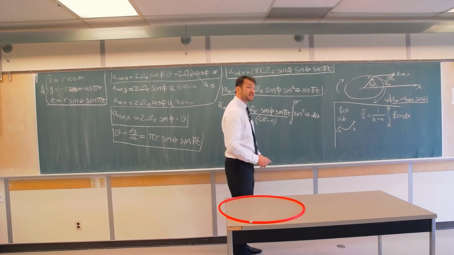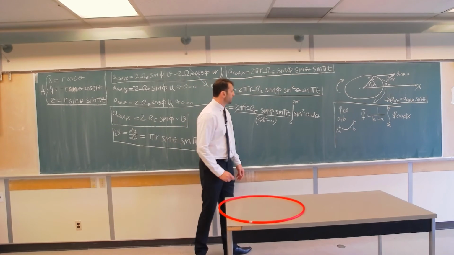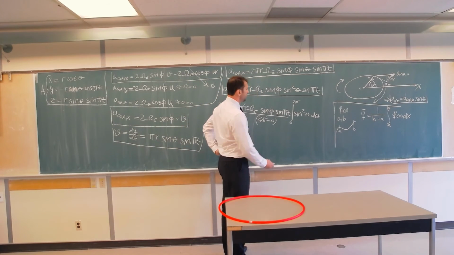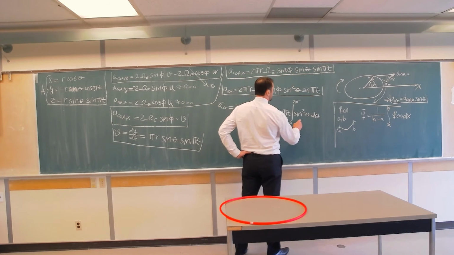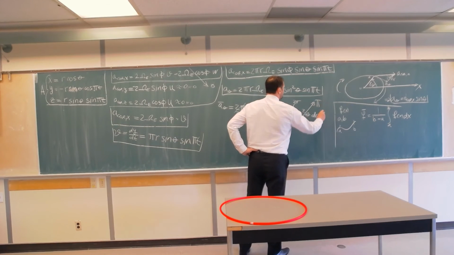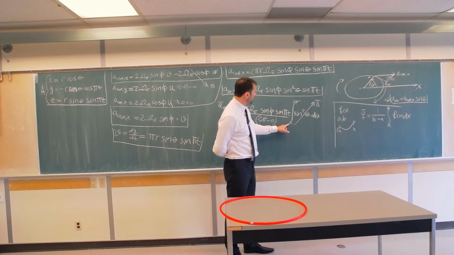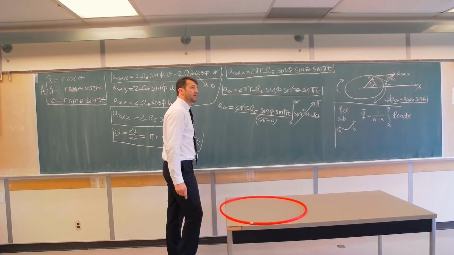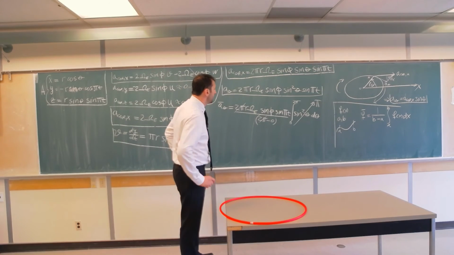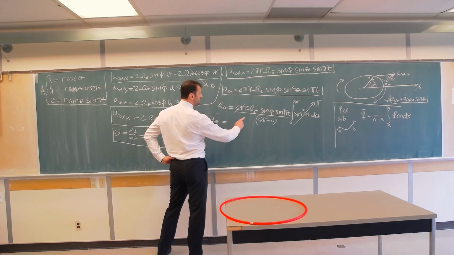And in a separate video, I didn't want to do it in this video, as it would be too long, I will demonstrate how to solve this integral, which is not so difficult, that this integral is equal to pi. So the integral of sine squared theta d theta in the limits between 0 and 2 pi is equal to pi. Check my associated video with this lecture and you will see how I get that. So we get that a theta average is equal to pi